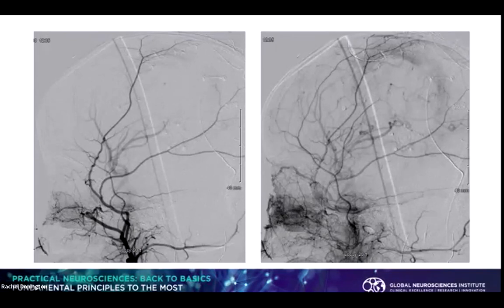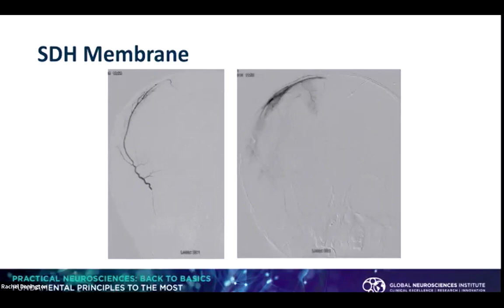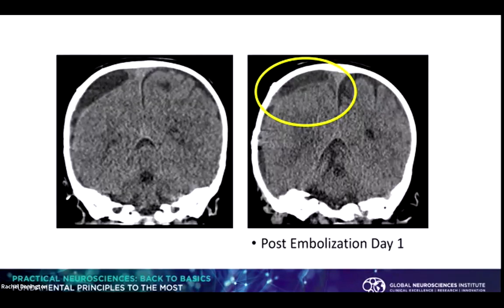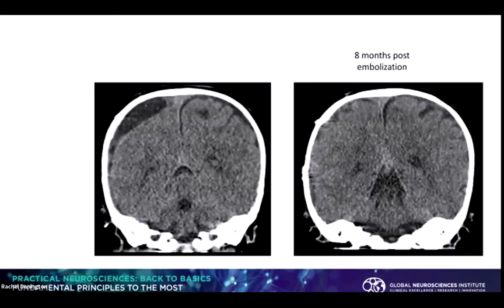And here's a micro injection of that membrane that we did. And this was, again, the child at St. Christopher's Hospital. This is 1 day. Look at how much smaller it is on the right than the left. That is no surgery. That's just taking that vessel out. And here we are at 8 months, it's completely gone. This is a new way to be thinking about something where we don't have to open up somebody's head, especially in these tragic situations with children.